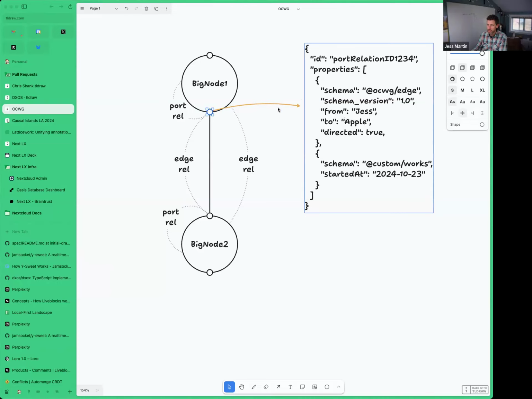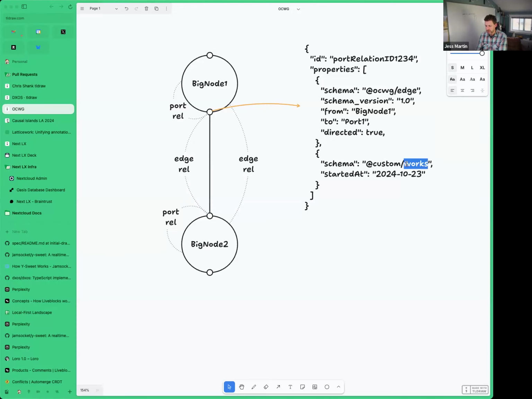So this little port defines the relationship between this big node, from big node 1 to, we'll call this port 1, even though we don't have a number for it or anything. It's not directed. Well, I don't know if it's directed or not. I'll have to think about it. But let's say it has a schema of OCWG / port. Then you could,